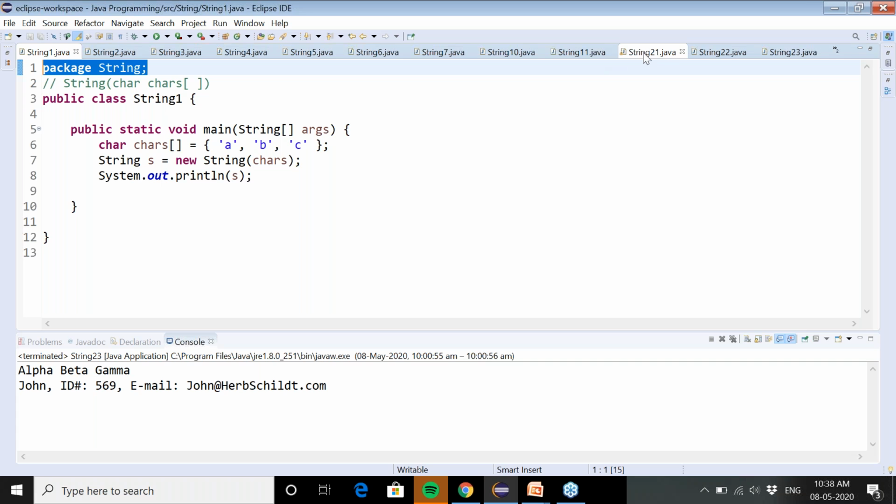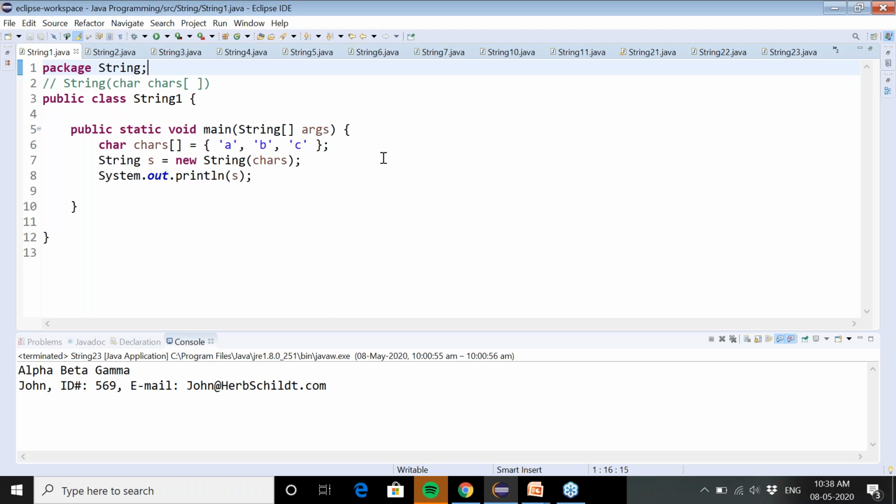I'm going to show you that also, because one of your classmates has asked one doubt. The reason behind creating this string package is just I want to keep all my string related programs in one folder. That's why I have created the package over here, and I'm going to show you that package in my drive.